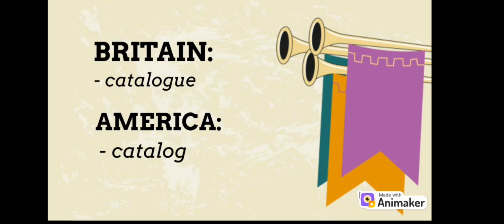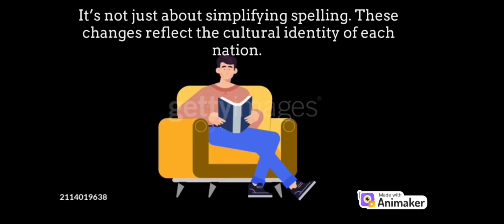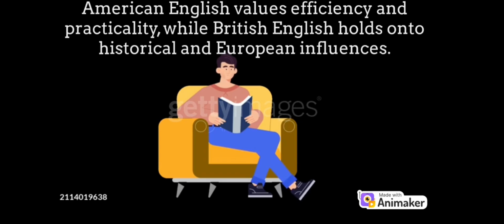We've already explored vocabulary and spelling differences between American and British English, but now we're tackling something just as fascinating: grammar. Yep, even the rules of the road for English sentences can vary across the Atlantic. From verb usage to prepositions, let's dig into the nitty-gritty of how grammar changes depending on where you are. Let's start with the